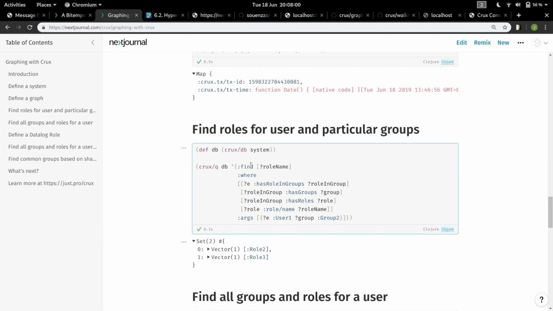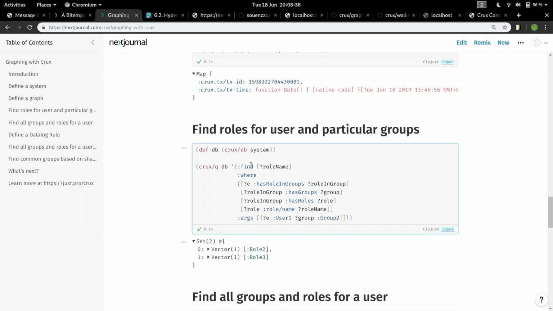But essentially, it's pattern matching. It's saying that where you have these clauses, it's joining across all these clauses and looking for things that fit that shape. It's a declarative query, because you're saying this is the data I want, go figure out how to get it. And it's then Crux's job to go through all the combinations that are possible in the database and find a solution to that. And then it uses arguments or rules or functions to produce the result set.